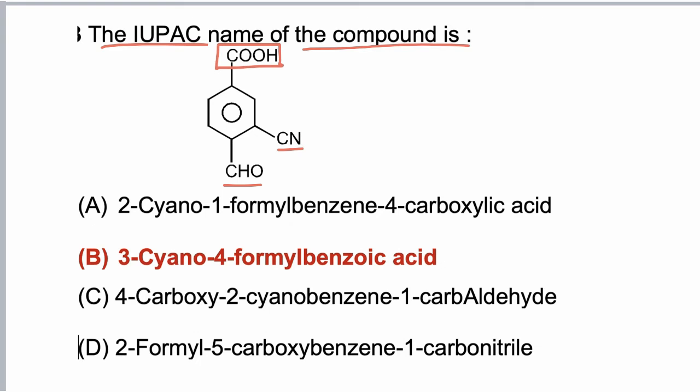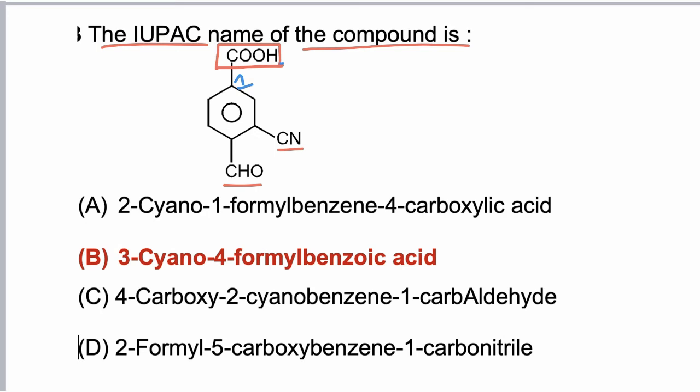So the first carbon is given to the COOH, that is the carbon from which the principal function group is attached. Now, if the side chain containing the main function group is directly attached to the benzene ring, then it is taken as part of the ring, not as a side chain. The total carbon should be 7, so heptanoic, with the principal function group at carbon 1, and double bonds at 2, 4, 6.